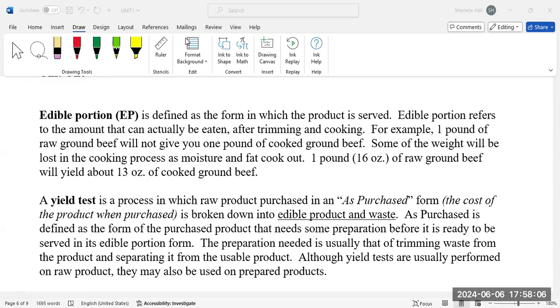So I heard the drumstick one. Then you have to take it off, wash it down, fry it, and put it on the fryer. But you have to do something to that, Naomi. As purchased means that